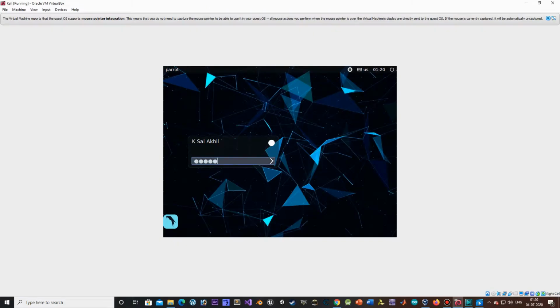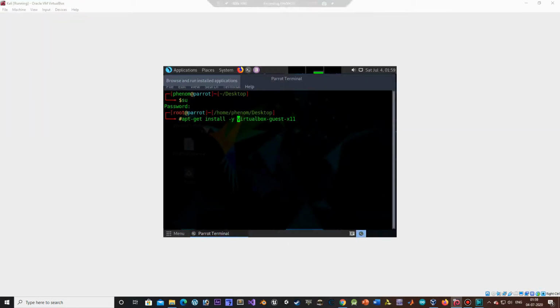You would then be asked to log in with your username and password. The Parrot OS, as you can see, will not be set to your full screen resolution. For that, you have to first go to the root or type in sudo apt-get install -y virtualbox-guest-x11.